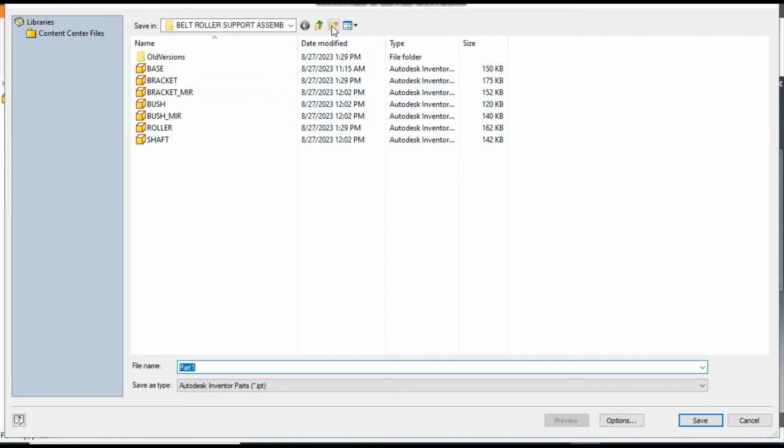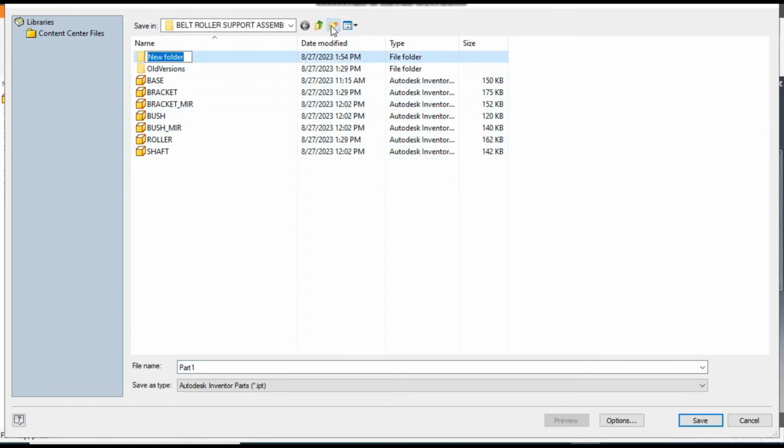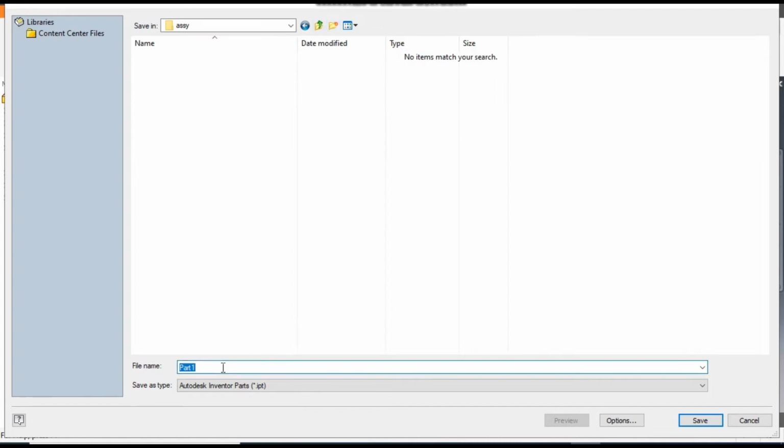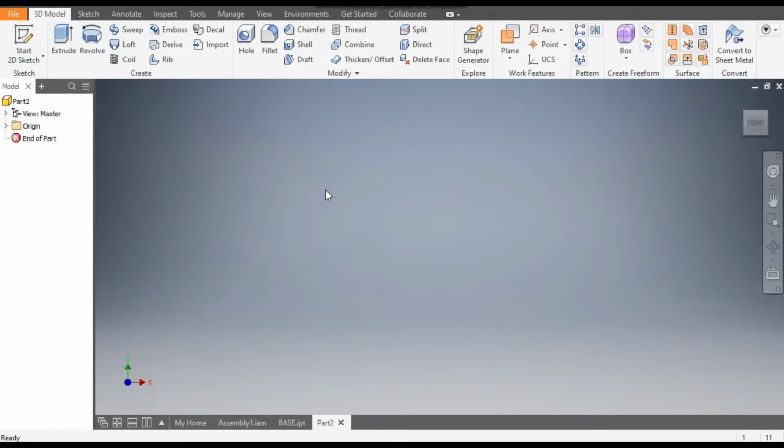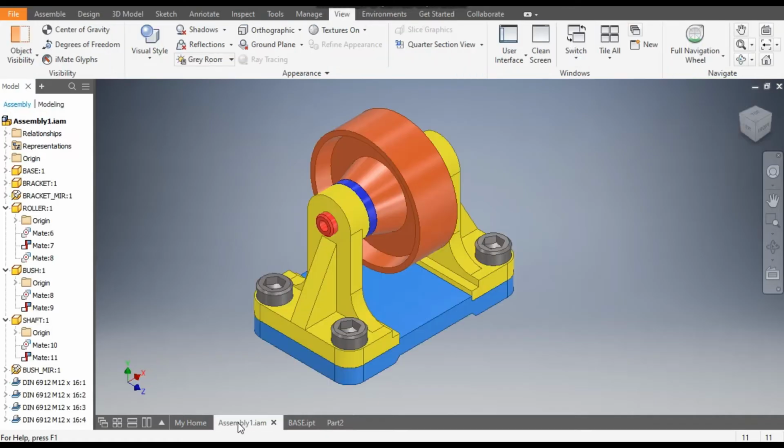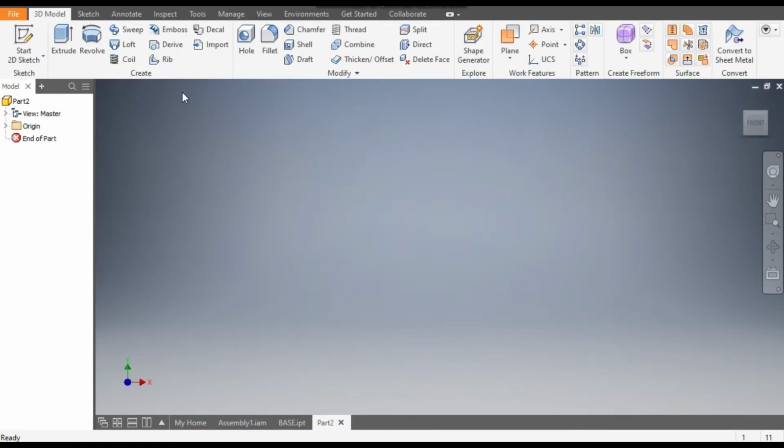Make a new folder for this. It will be assembly, I'll make it a short form, and here this will be base, and save it. Now we will make the second part, the bracket. Go to assembly, this part we will make. Okay, go to start,